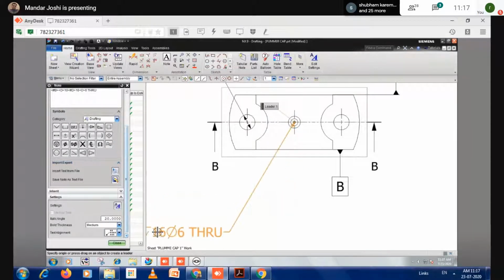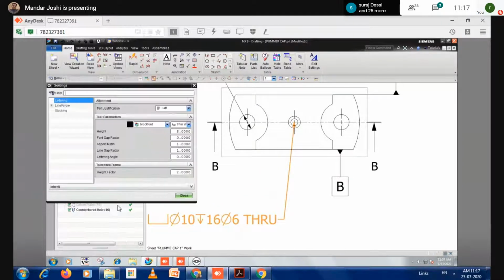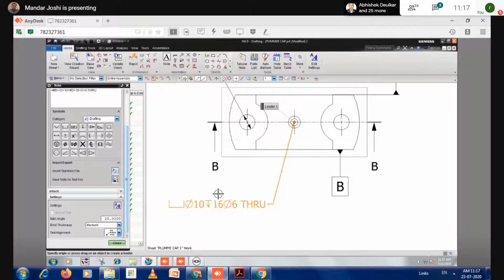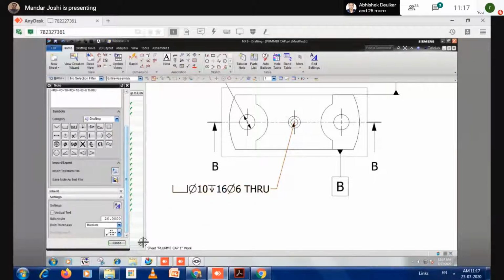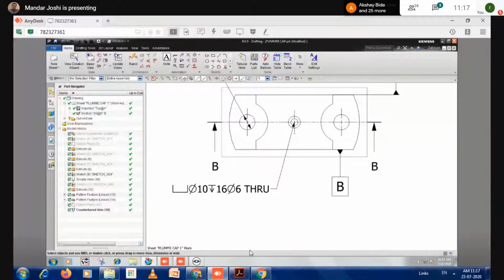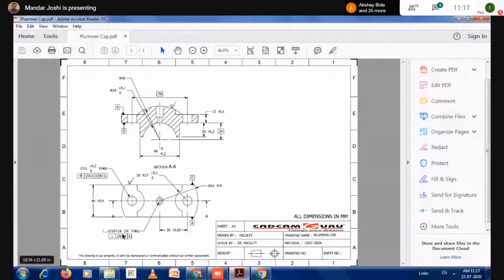Okay, now we want to show the text height. Go to the settings, text height I am taking to 6. Then close, select this, then close. So remember that this is not a dimension shown, it is a dimension shown but in a text format.